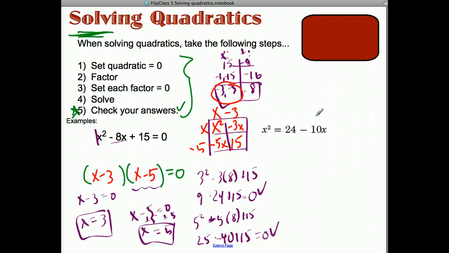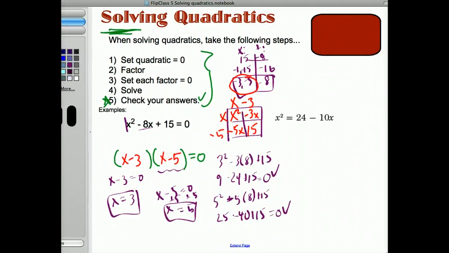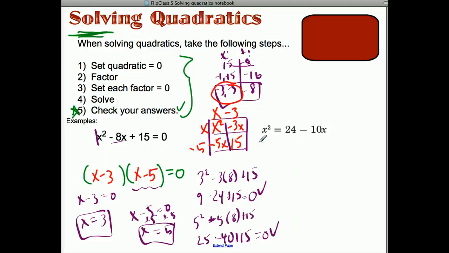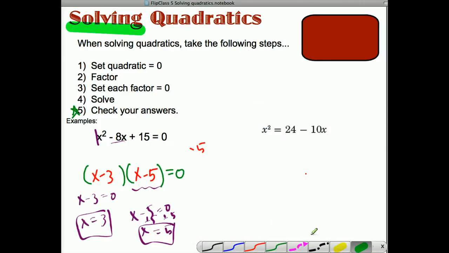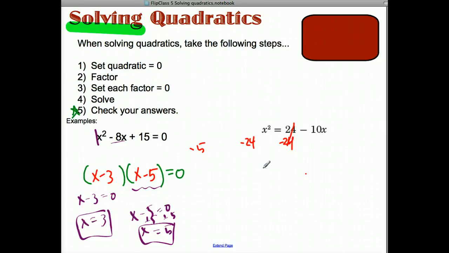So this one, it's not already equal to 0, so I got to fix that. I got to make it equal to 0. So let me switch up our colors here. How do I do that? I want to keep the x squared positive. So what I need to do is I need to add or subtract these terms from both sides so that everything is on one side. So I want to minus a 24. That will cancel the 24 over here, but I got to minus it from both sides. And then I want to add a 10x. And if I add a 10x, that gives me